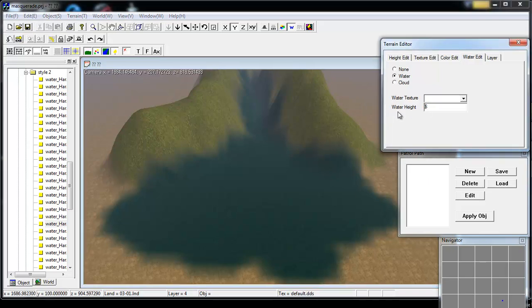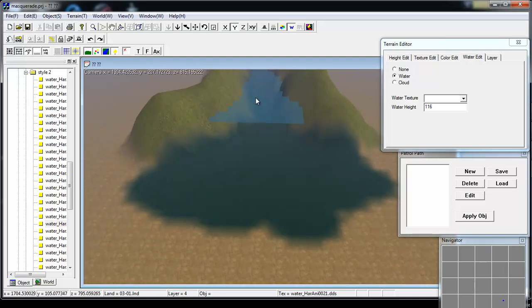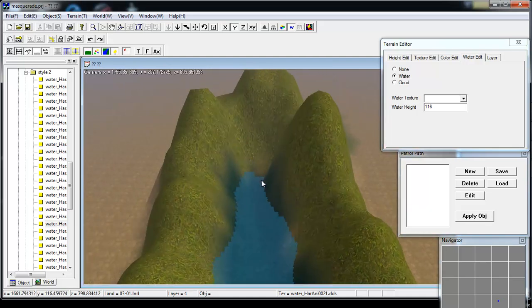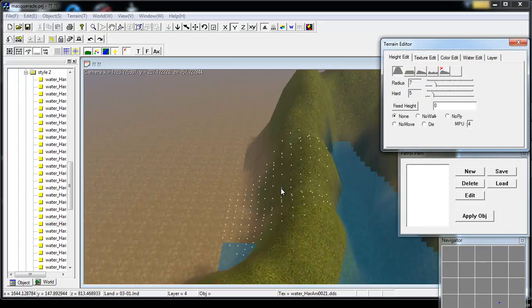So let's go by the water height. Let's just make it 116, and you can just click on your map, and you can add water wherever you want the water to be. And let's actually add some